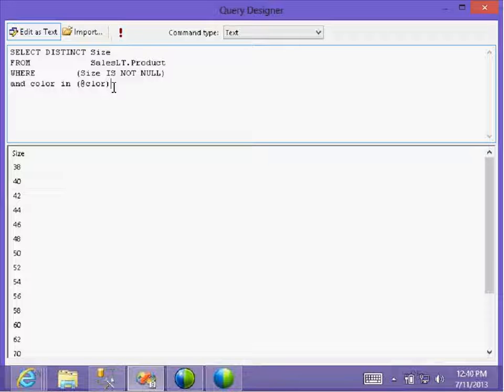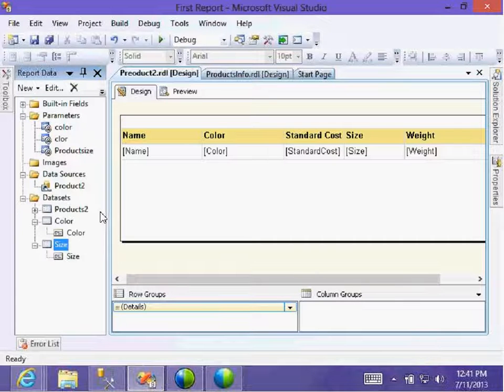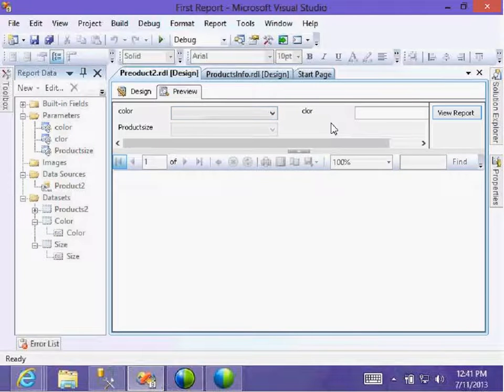Color in, then use the parameter because I am selecting that parameter here and make it perfect. Simple. Go to the preview, then color.